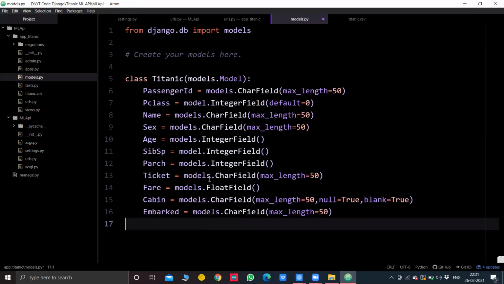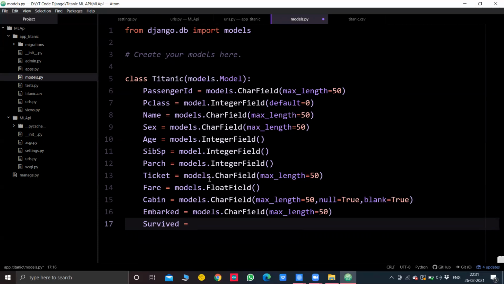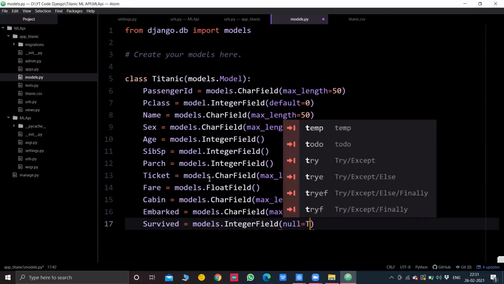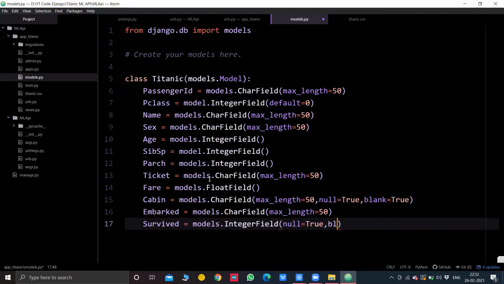And okay, yes, survived again. How can we forget that? We are going to predict whether the person survived or not. Survived equal to models.IntegerField, and I'll say null will be equal to true again, and blank will also be equal to true.